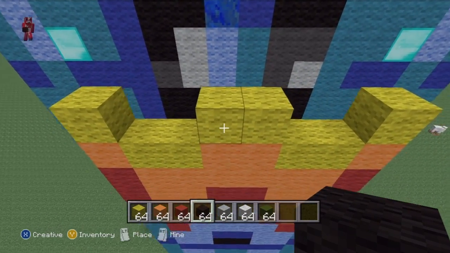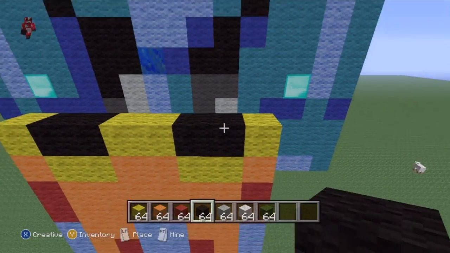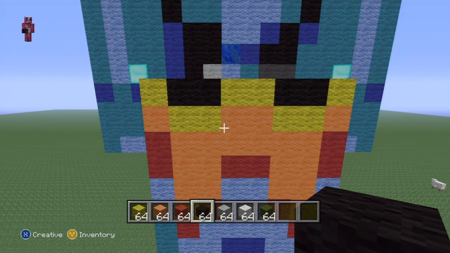I'm talking about jetpacks. So fill in this row with the yellow. Just fill the rest of it in with black, like that. And now let me count out the blocks. You're going to be wanting to do...